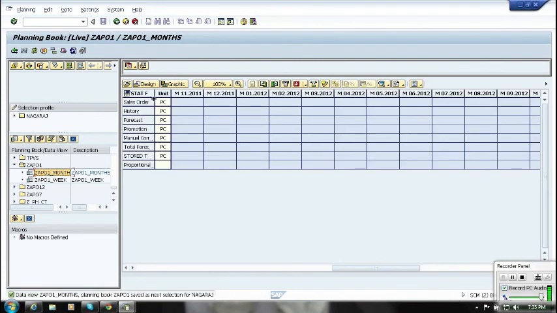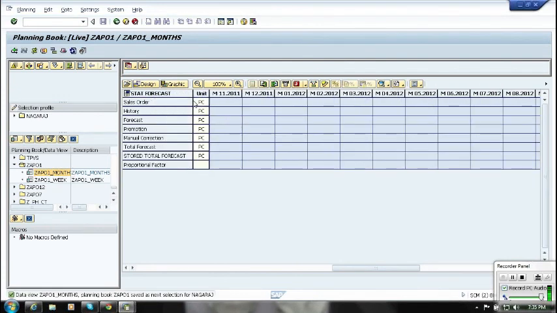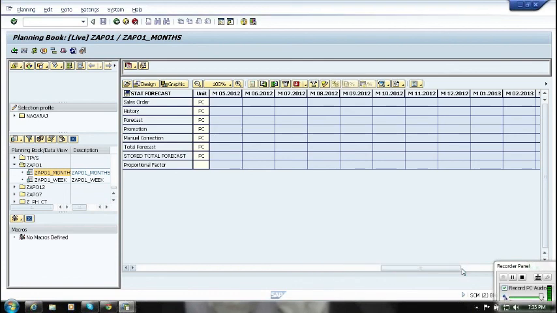This is the data view which we have created. We have given 24 months past and 24 months future, so that is the reason. If you come down here, you can see data from 11th of 2009 till 2013. If you scroll to this side and this side, you can see the data like this. Till October 2013 it is showing the data because we have selected 24 months of past and 24 months of future.